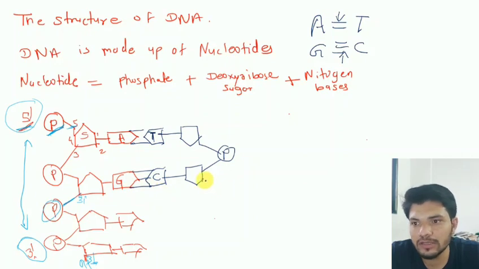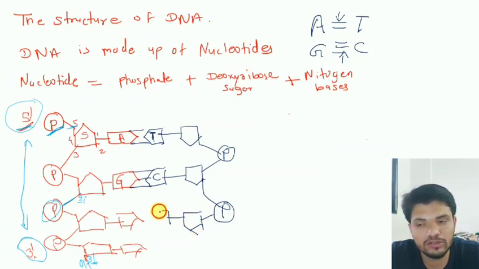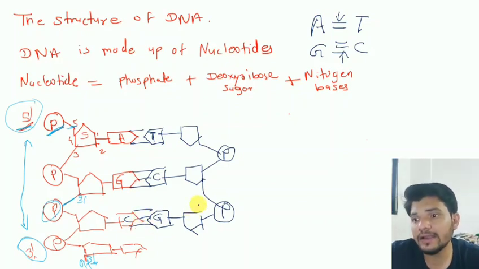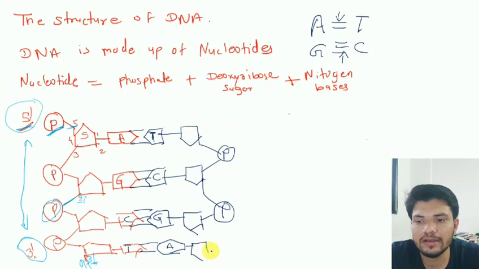3 hydrogen bonds. Let's draw the third nucleotide, the third deoxyribose sugar, sorry, and let's say this is cytosine. So here guanine will be present, and they will join with the help of 3 hydrogen bonds. And let's say thymine is present here. So at the opposite of thymine, adenine will be present, and this is the sugar of the next nucleotide, and this is the phosphate group which is attached to the 5th carbon of the sugar.